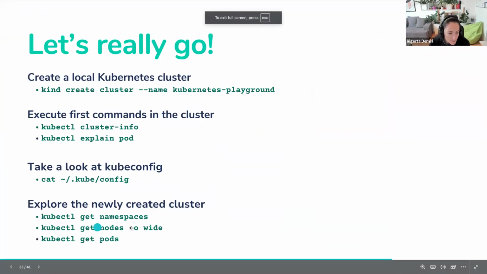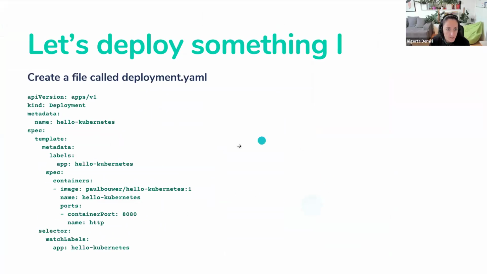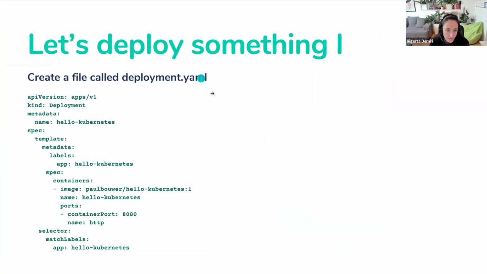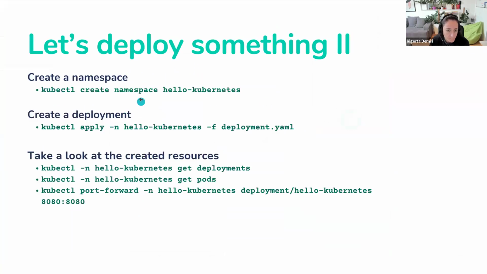Okay, get namespaces, get nodes, option wide. This just gives you more columns in the definition and so on. We deployed this deployment. So basically we said kubectl apply this file, and the file is called deployment.yaml. Initially, we created the namespace, and then we created the deployment, and then we checked the deployments and the pods. We got into the pod, we checked the logs in the pod. And what we could also do is just run a port forward to 8080,